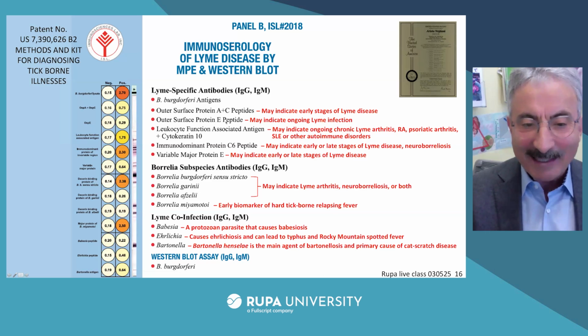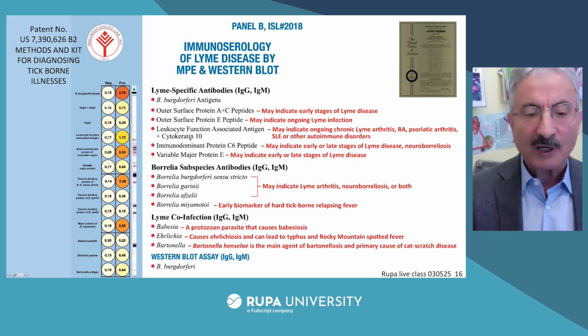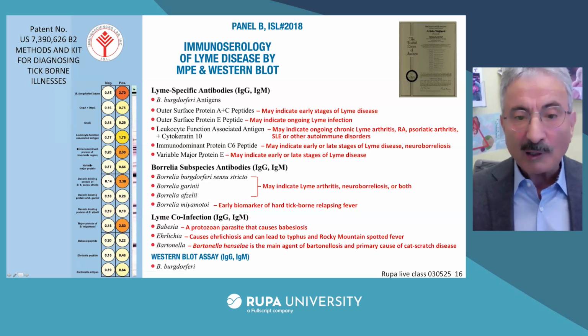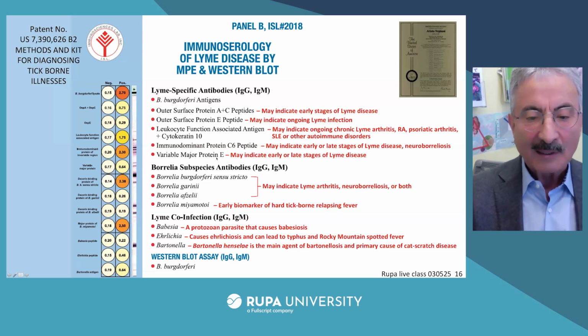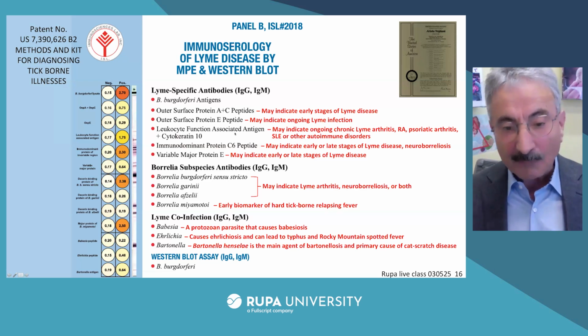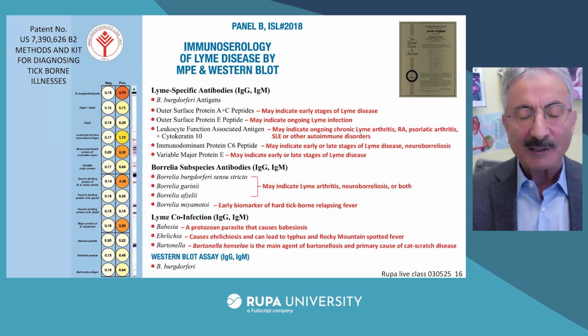Outer surface protein E, leukocyte function associated antigen, immunodominant protein C6 peptide, variable major protein E. So there are two proteins in here that are not expressed when Borrelia is grown in culture. But when Borrelia gets into the human system, it is going to express these variable major protein E and outer surface protein E. Therefore, it is very important to measure antibodies against these antigens,